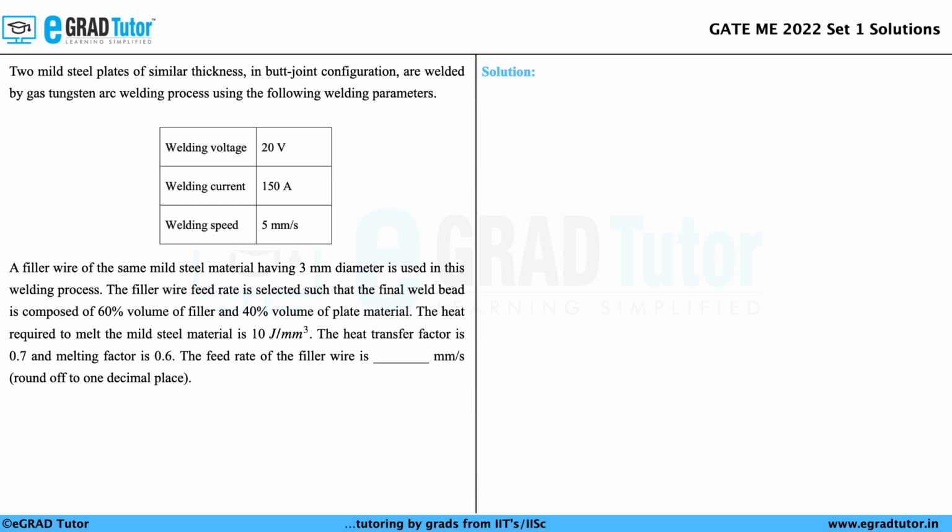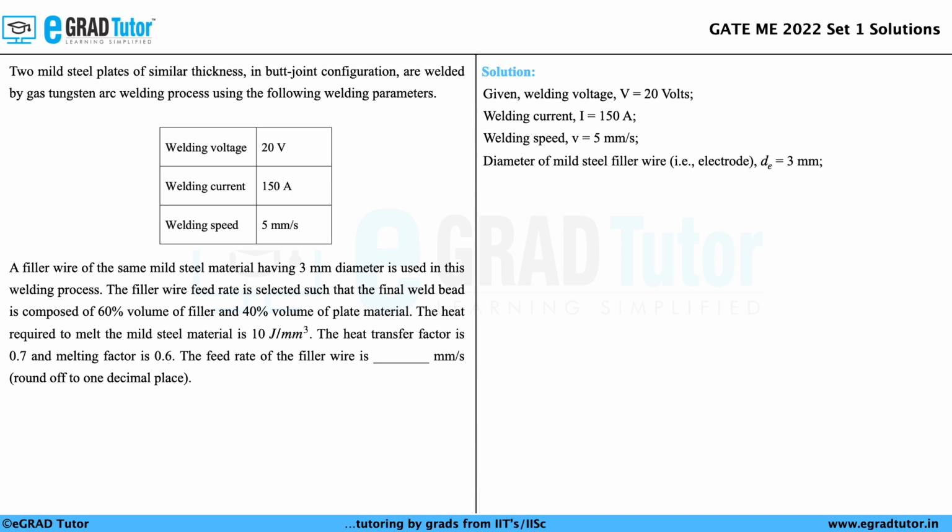So we have to find out the feed rate of the filler wire and round up the solution to one decimal place. Let us start the solution by writing down the given values. We have the welding voltage as 20 volts, welding current is given as 150 amperes, welding speed is 5 millimeters per second. We know the diameter of the mild steel filler wire as 3 mm,